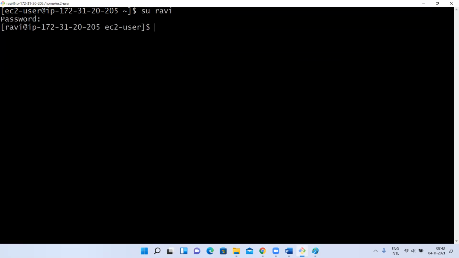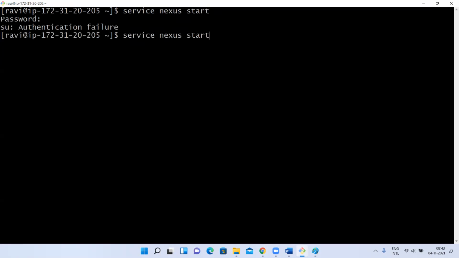Now if I try to start service Nexus, it is asking for a password. Okay, I'll give that. Now I gave the password and it is saying authentication failed. Nexus start. Let me give the correct password.